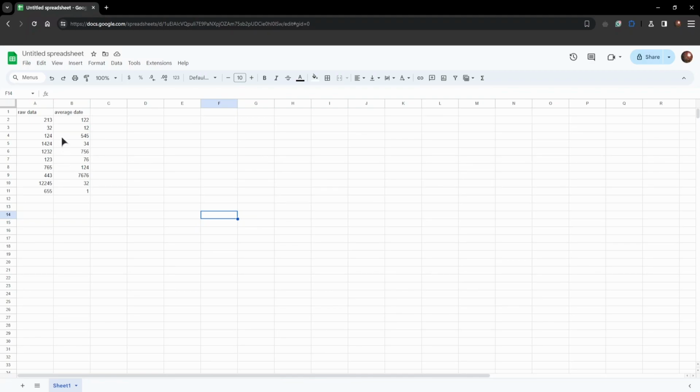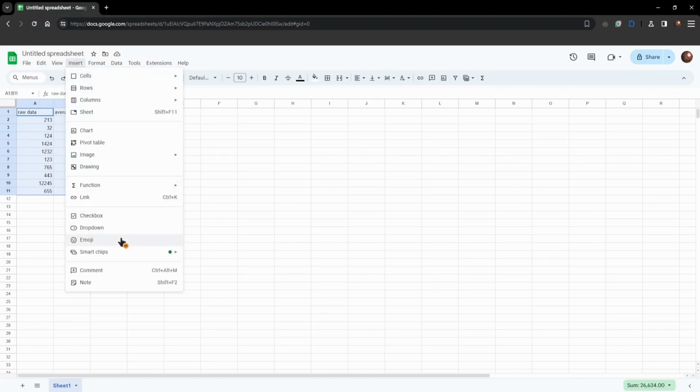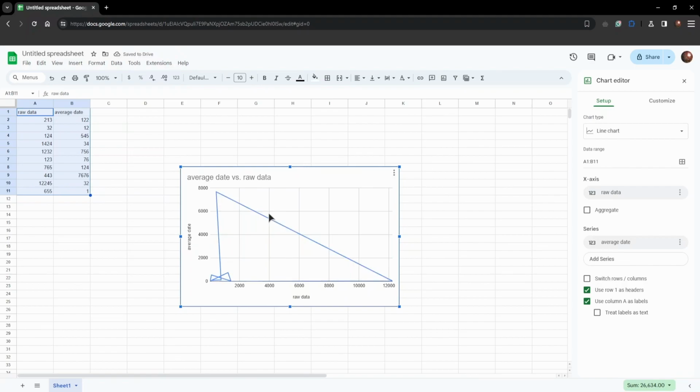So first of all, to begin, we need to create a chart. So for that you need to select all of your data like that. And now you go to insert and then press on chart, and as you can see our chart is now